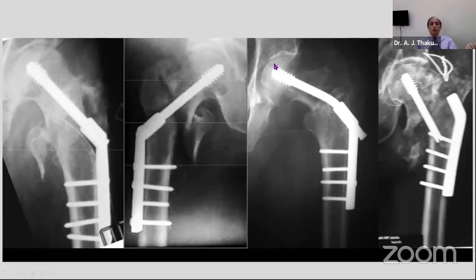And the bending load was so high because of the short barrel. The barrel should have been somewhere here to support. That's why it went into bending. And in this one, the barrel length was very, very small, and probably when they transferred the patient, somebody pulled the leg on the injured side and it disengaged. This happened while transporting the patient from theater to ward.